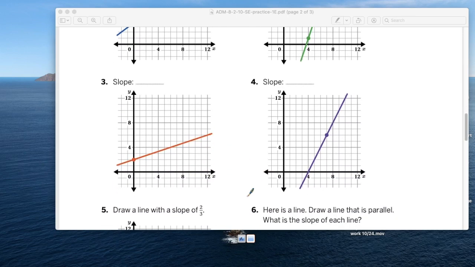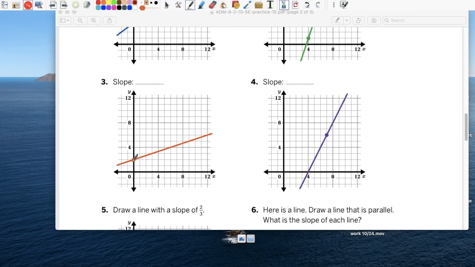Again, let's pick 2 points. They have one of their picks for us, and let's pick one right here. This one, it's on the intersection, so we can draw a triangle. The slope again is the height over the base. What's the height of this triangle? 1, 2. What's the base? 1, 2, 3, 4, 5, 6. 2 over 6. Better yet, 1/3.